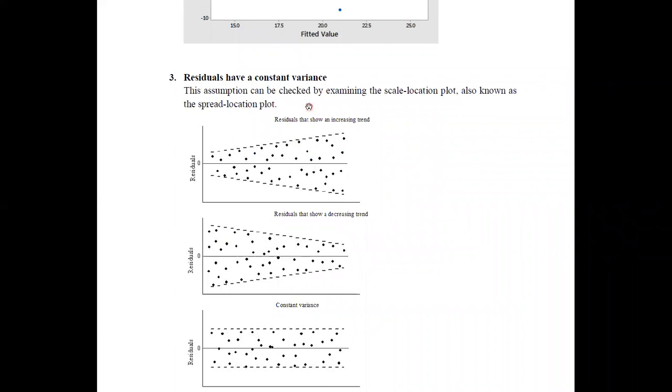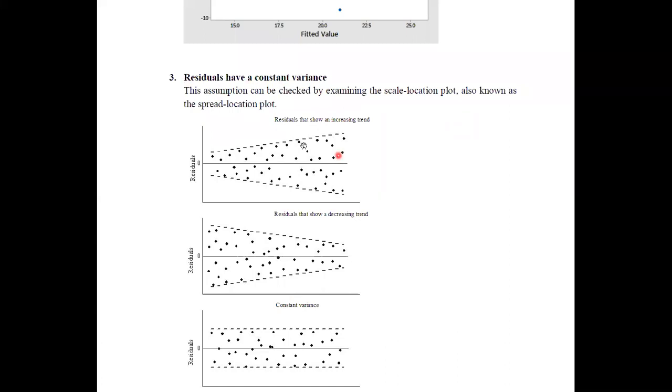If your residuals do not show any increasing or decreasing trend, then we can say it has constant variance. Using the scale location plot, you can simply say whether you are violating the third assumption or not.